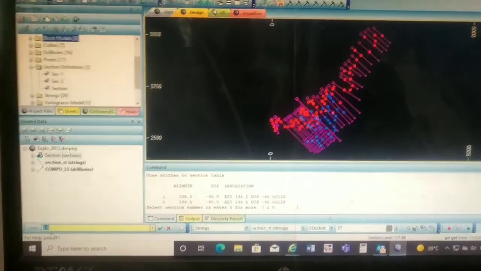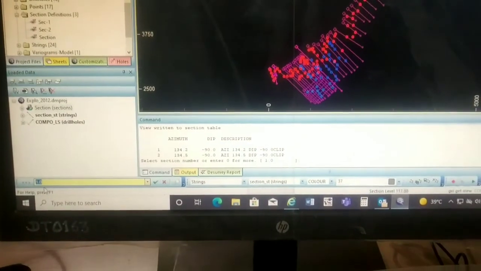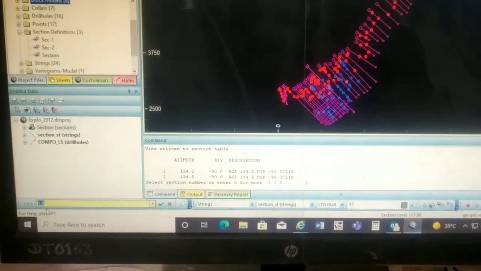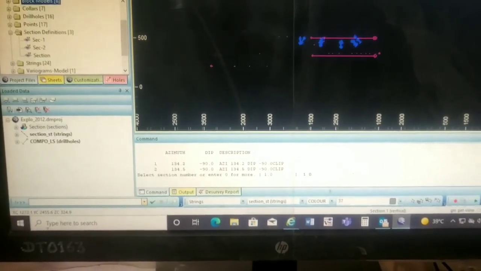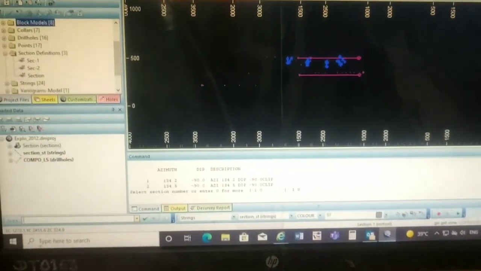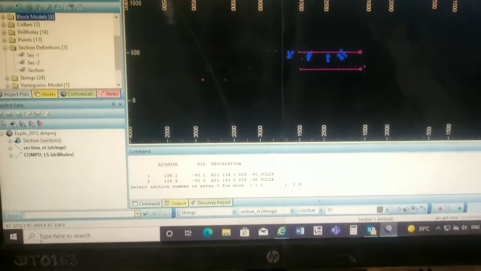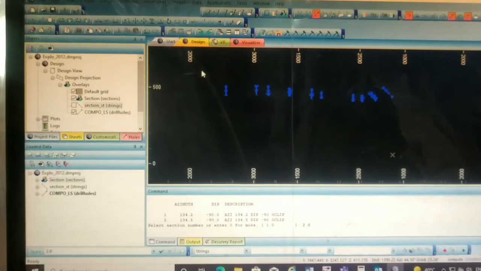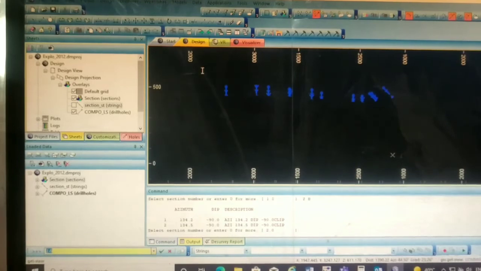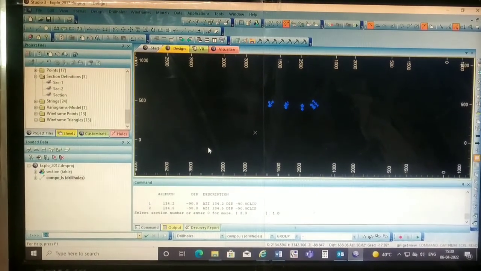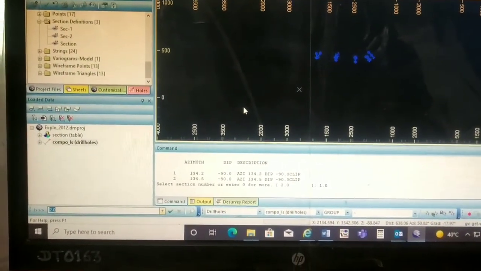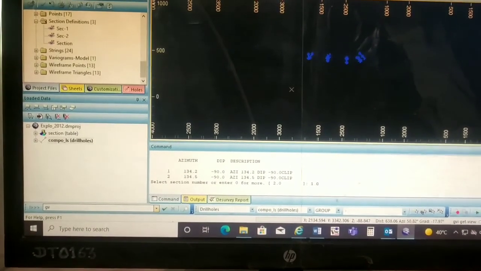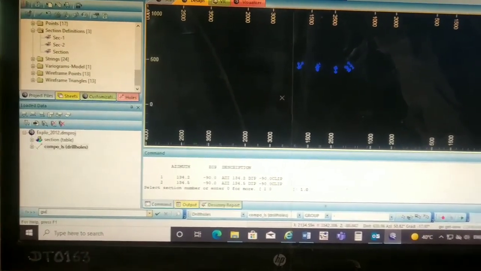We can see the command box. We will type here, it already shows 1. We will press enter and the first cross section will show in the graphic window. Again type GVI and type there 2. So the second section view will show. Again type GVI and in the command box we will type 3. The third section will show.